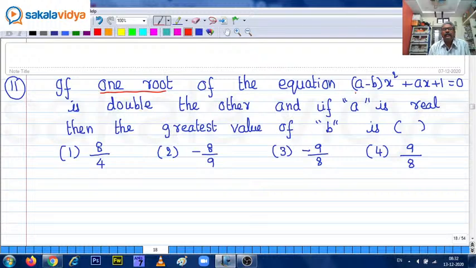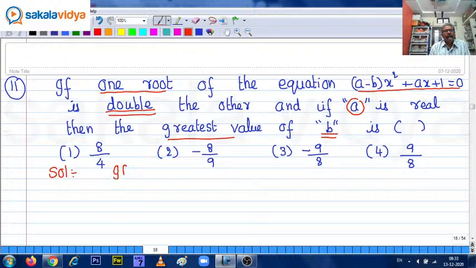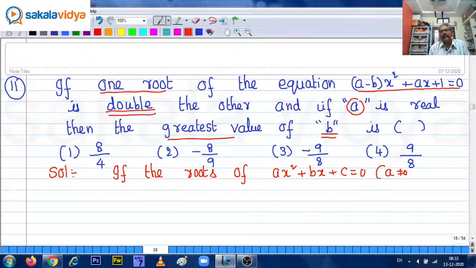See, one root of this quadratic equation is double. Double means twice, or the ratio between the roots is 1:2. Then a is real, and we need to find the greatest value of b. First let me state the condition for your solution. If the roots of ax square plus bx plus c equals 0, a not equal to 0, are in the ratio,